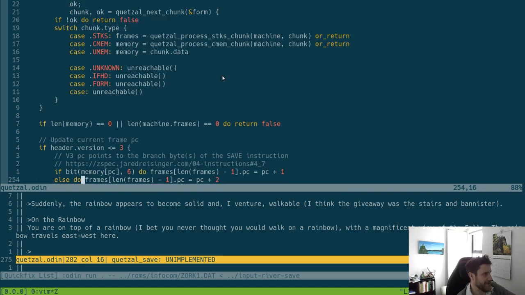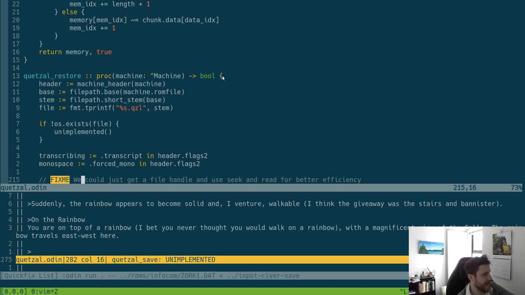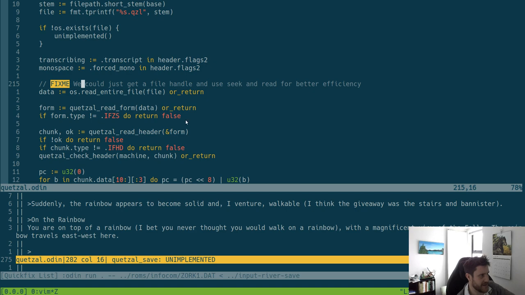I'll either just do it myself or do it in a video. But the gist is, it will basically be the opposite of this, but we'll need to compress the memory that we have. We need to encode the memory that we have against the machine memory. We need to get the machine memory, but then we need to form a bunch of headers in the IFF format,